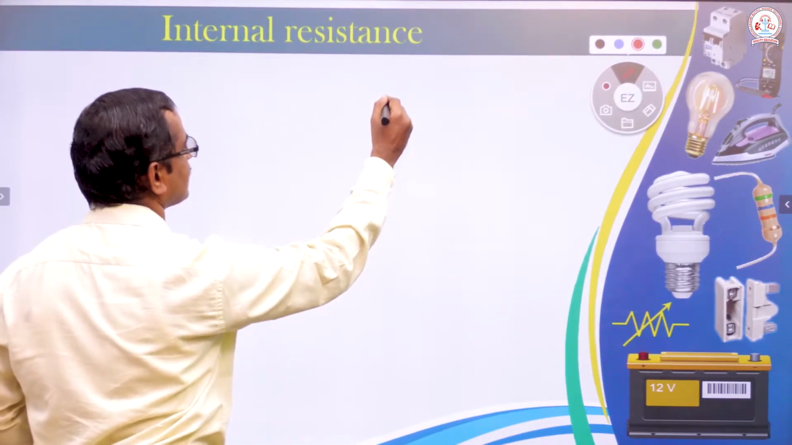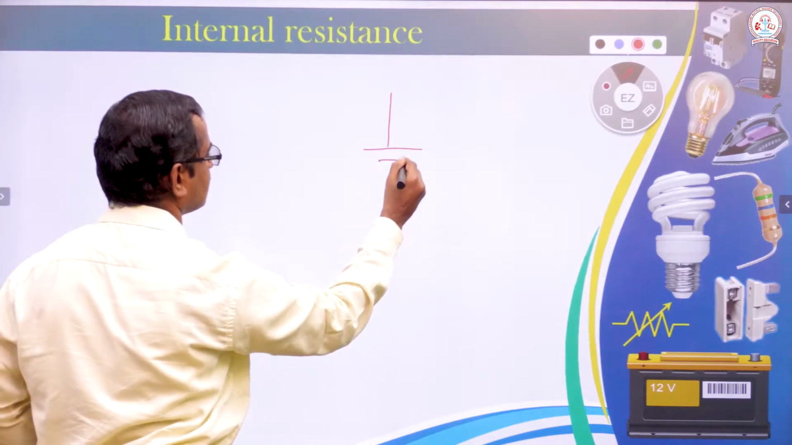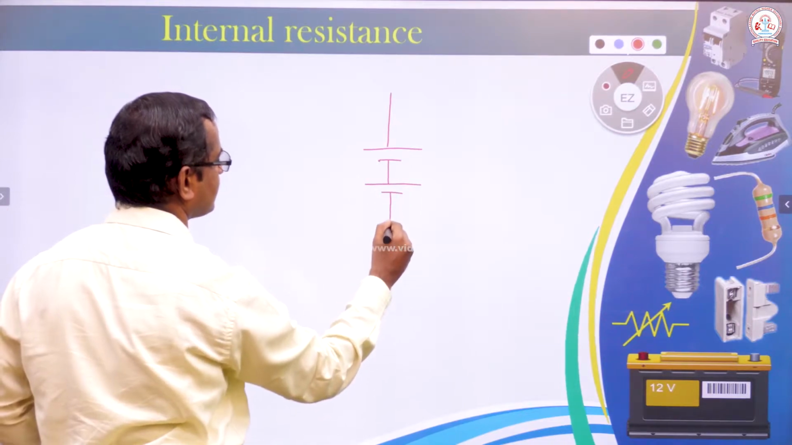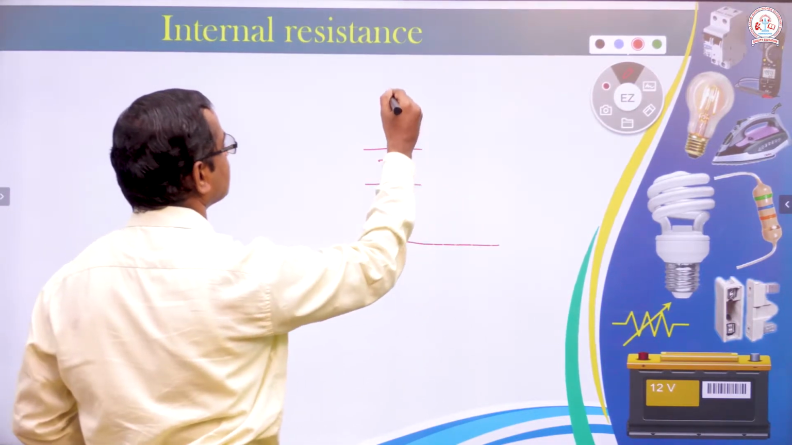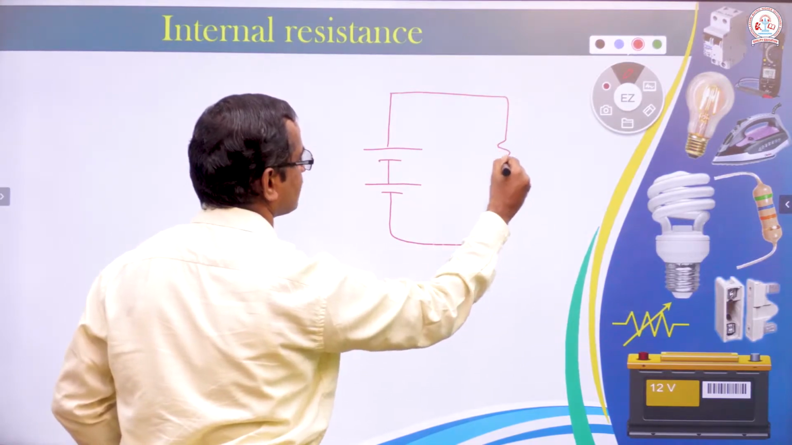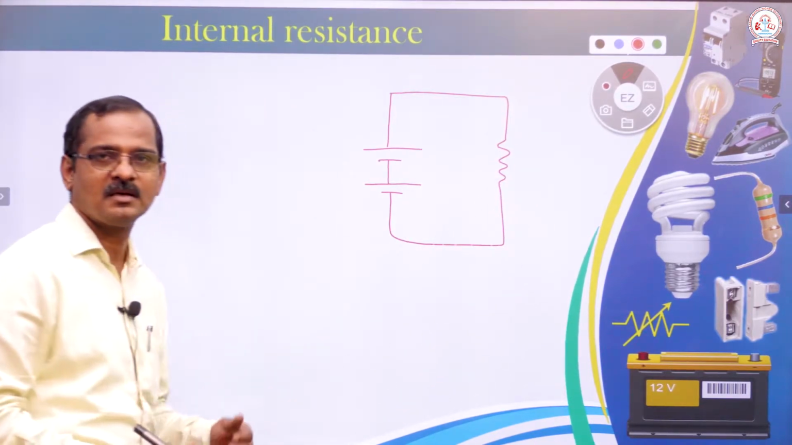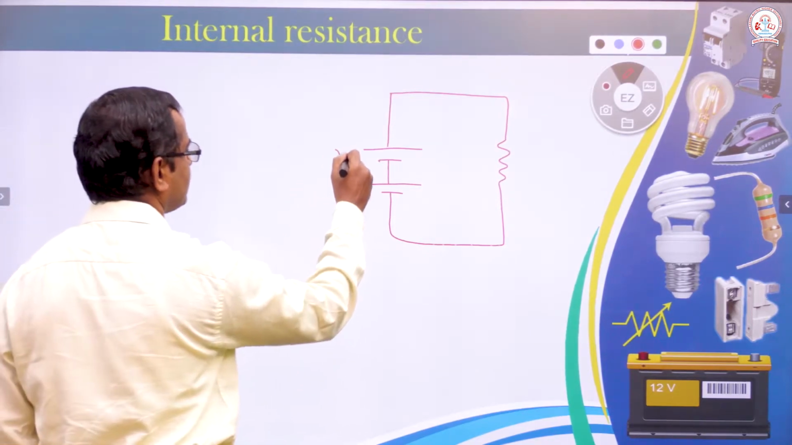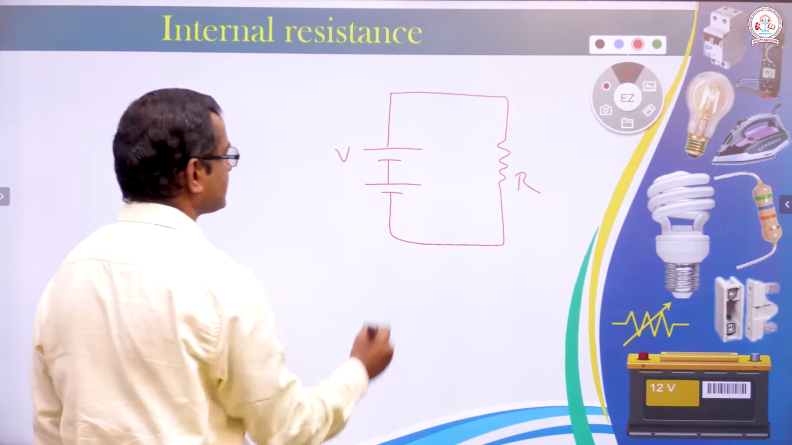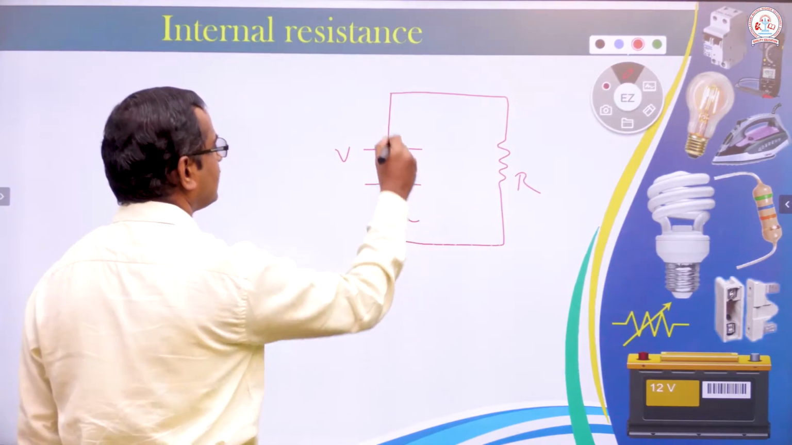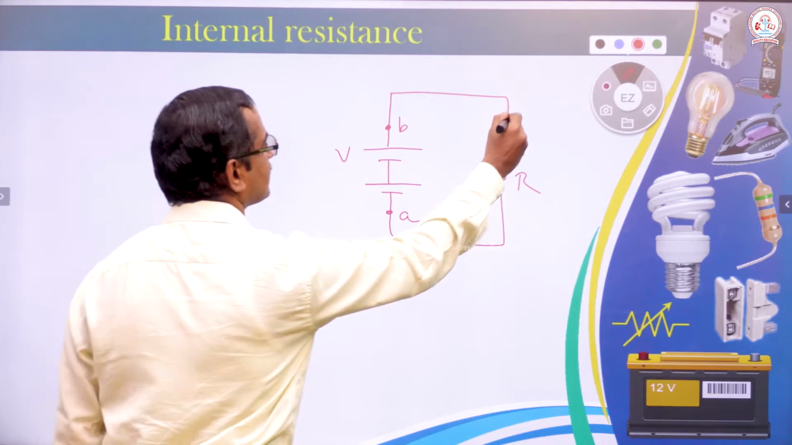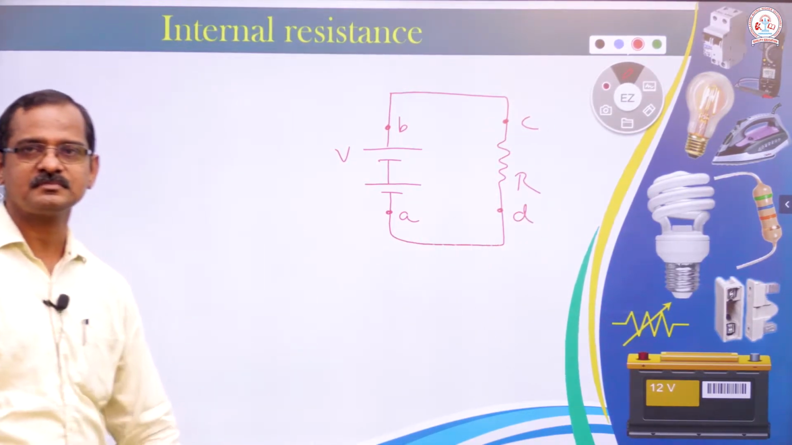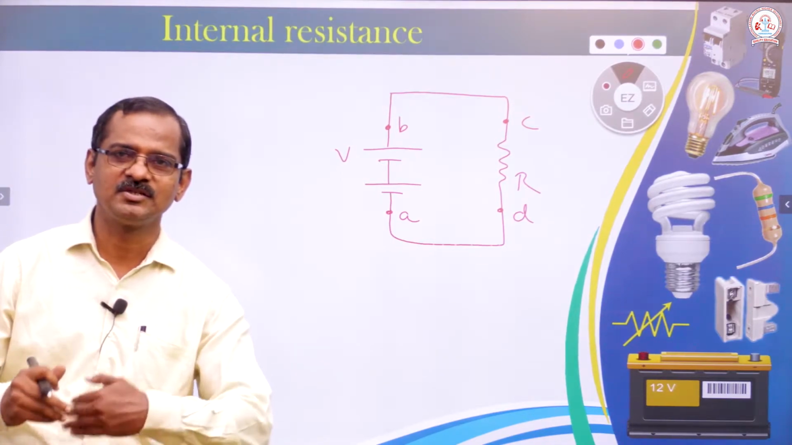Just consider this circuit. Imagine this is a battery which is connected to a resistor. V is the voltage here, R is the resistance. Consider a point A here, a point B here, another point C here, and another point D there. As soon as the battery is connected to the circuit,